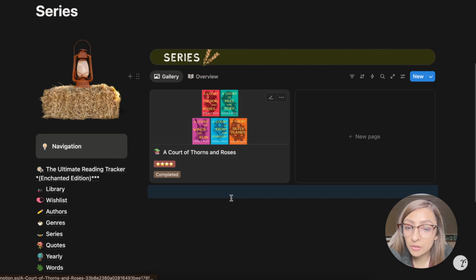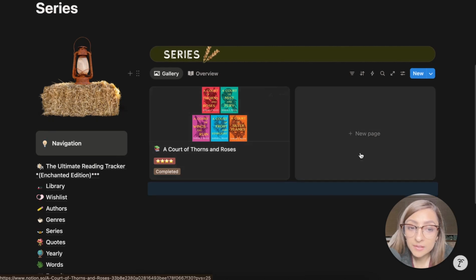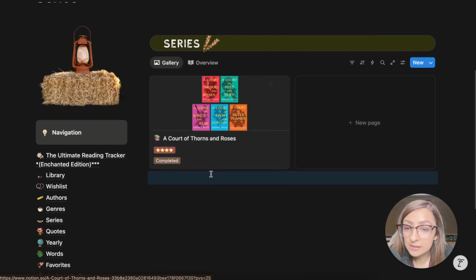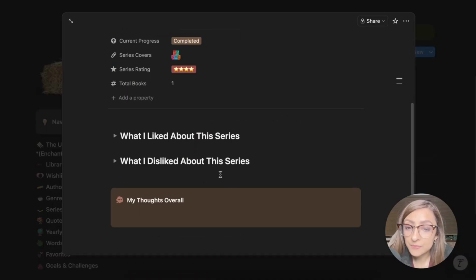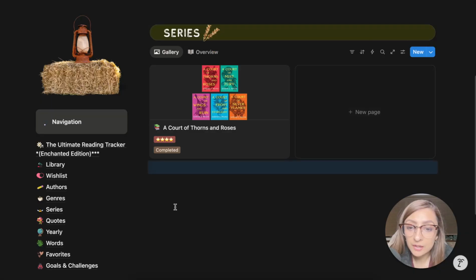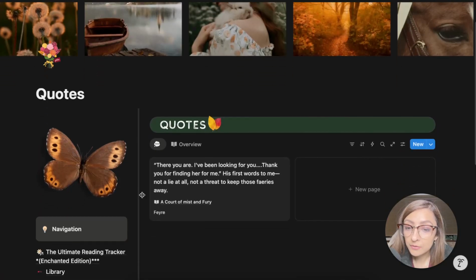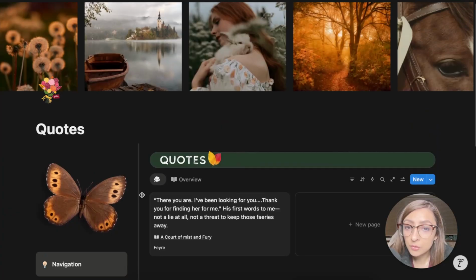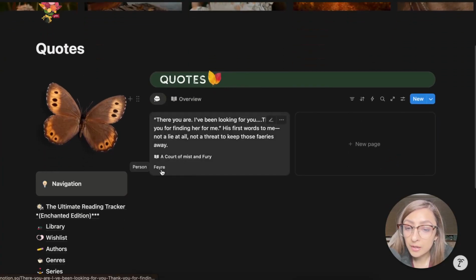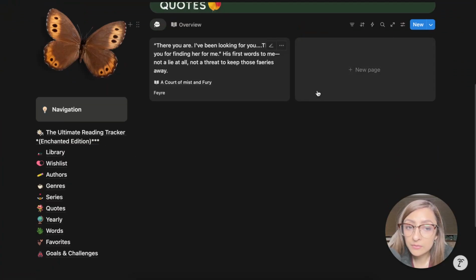And then lastly, goals and challenges. If there's anything that you want to follow along for yourself, like maybe reading one book from 5 different countries, exploring and reaching out to different things that you might not be exposed to, you can keep track of those things here. Overview. So we didn't really get to jump into a lot of the insides of all of these databases,